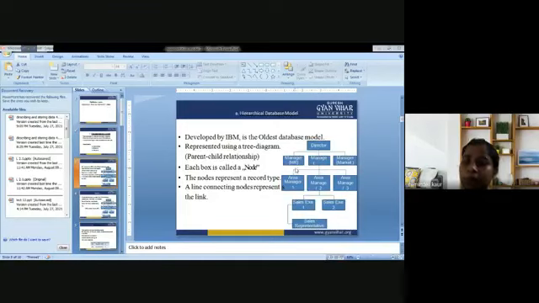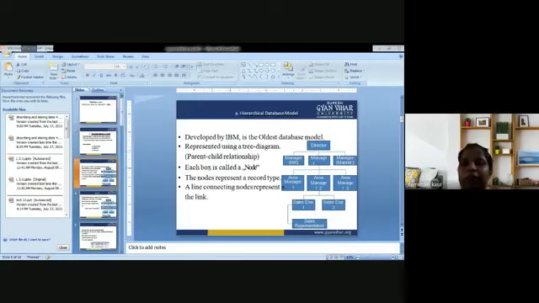Next, a particular manager has further subordinates, like area manager 1, 2, and 3. Again, an area manager is further divided into subcategories, sales executive 1 and sales executive 2. Again, sales executive 1 has further categories like sales representative. So in this manner, we are supposed to represent the hierarchy. So it could be represented using a tree diagram.